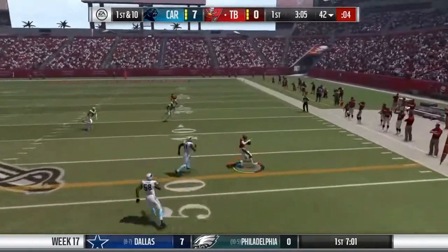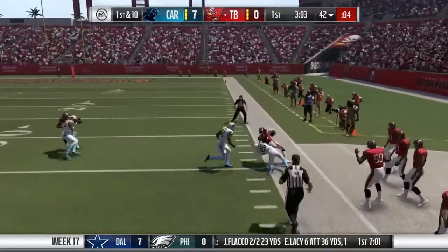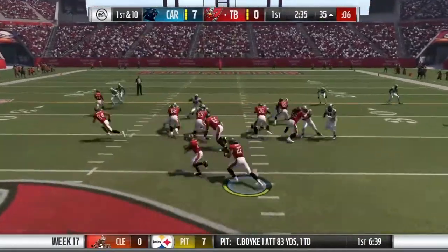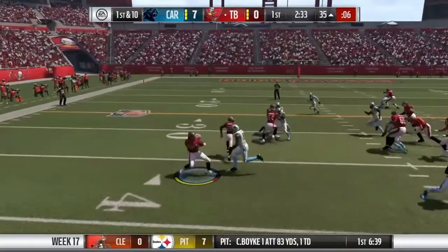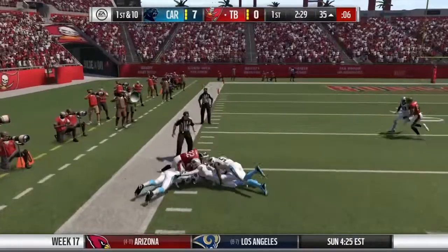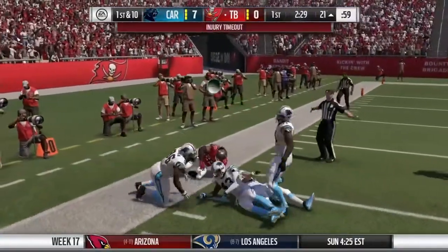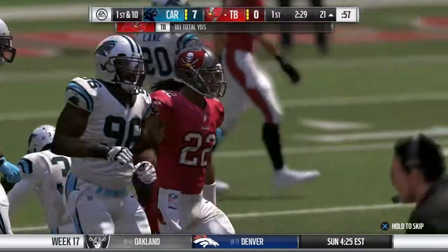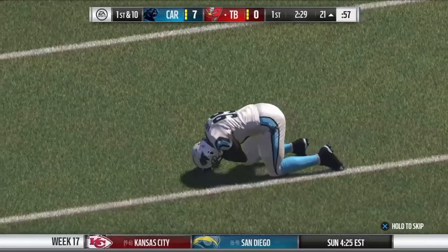Now a play fake here on first down. He's got it complete to Stephon Diggs. Kind of a punch, though. Direct snap. This is Henry. A strong running. And he's going to go out of bounds. He takes this one down shy of the 20. Now after the running play, we got...